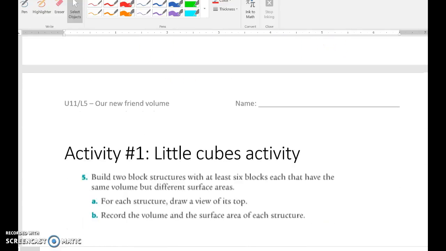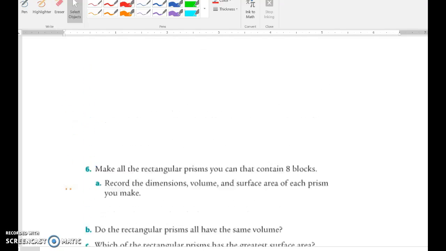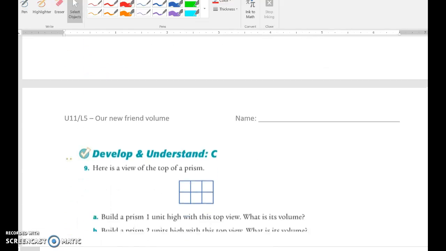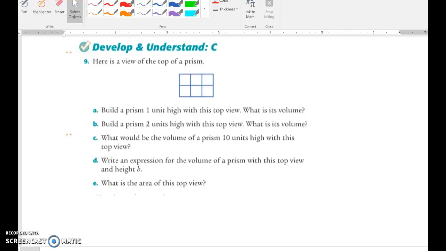So what you're going to do right now is actually work with some cubes. I'm going to give you cubes, and you're going to make rectangular prisms, and you're going to make, well, they call them block structures, but you're going to make rectangular prisms, and some that are not even, and you're going to write some stuff down. When it says write an expression for the volume of the prism with height h, they're just saying use h for the height where you don't necessarily know what it is. If you don't know what on earth that is talking about, you should feel free to skip